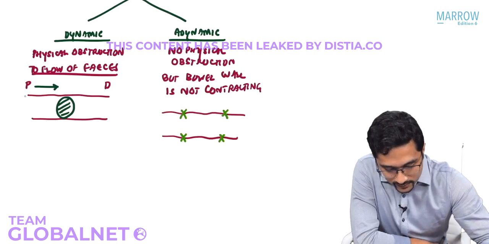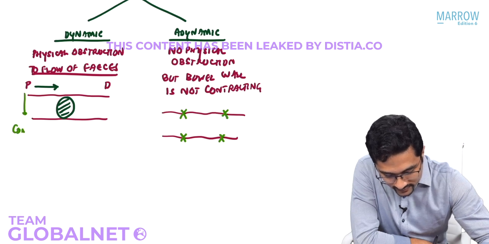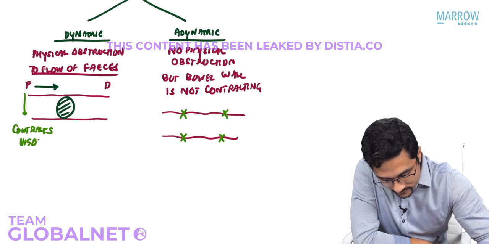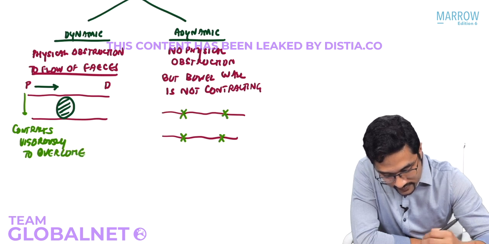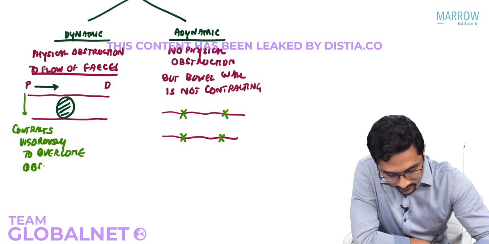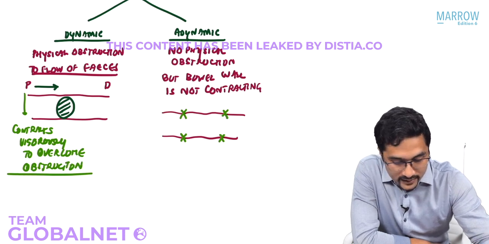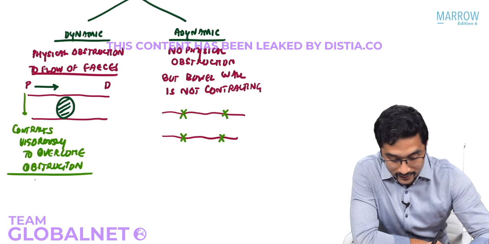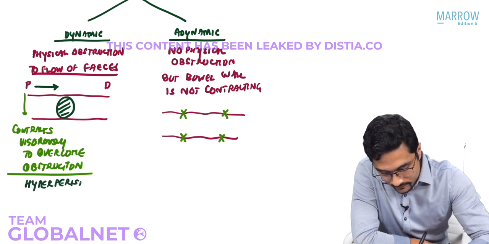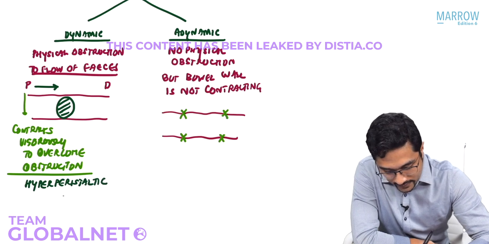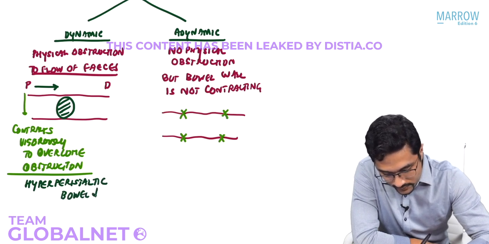Similarly, the proximal bowel contracts vigorously to overcome obstruction. And when it contracts vigorously to overcome the obstruction, it is going to create noise. So there will be hyperperistaltic bowel sounds here